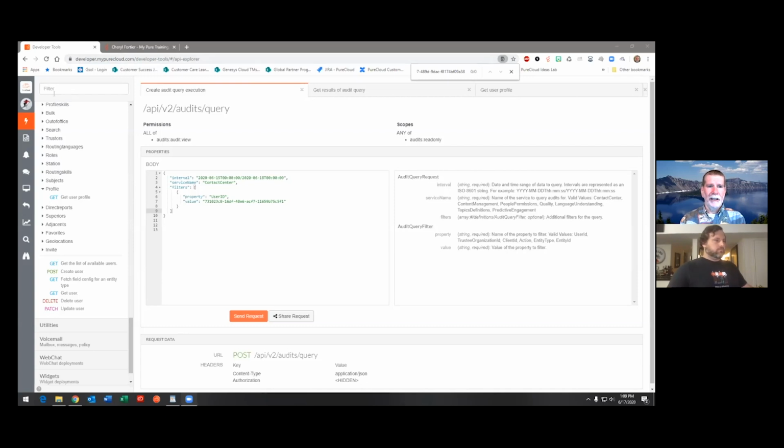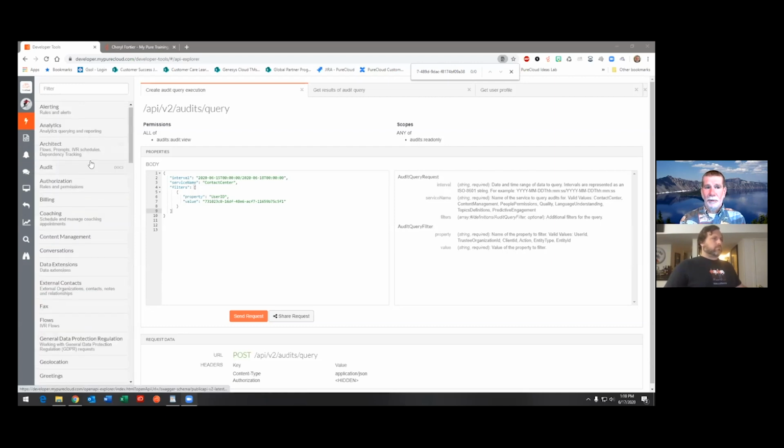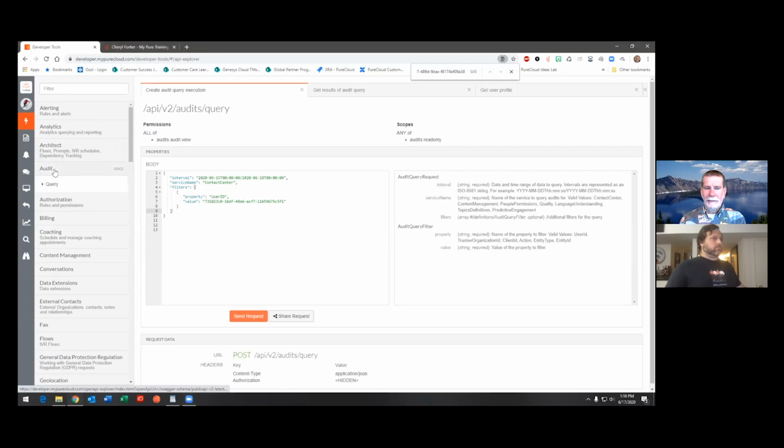And within this site, there's a section called Developer Tools. And one of those tools is this API Explorer. So in this sidebar, I've got multiple tools, and the one I'm using is API Explorer. And within the API Explorer, we have a section for Audit. This Audit is not real new functionality, but something they put into the product to allow people to do queries to figure out who changed things in the system, in the admin interface. And they're adding more and more functionality over time.